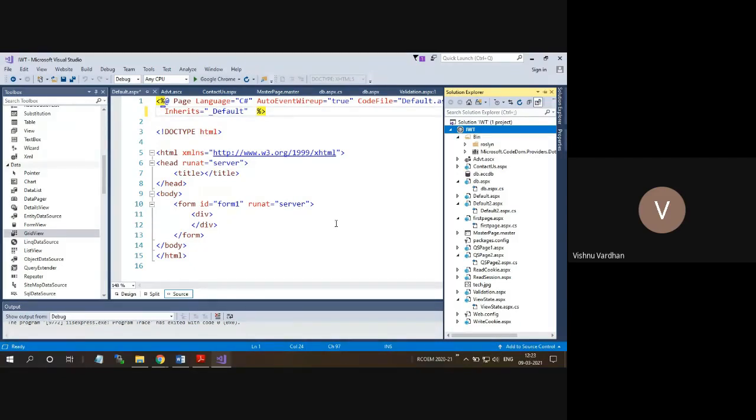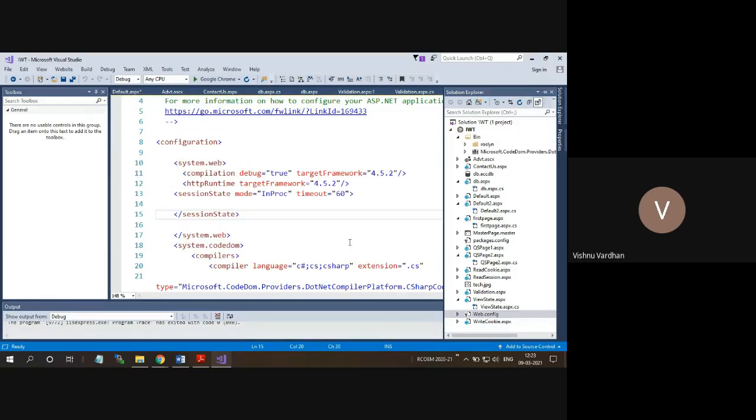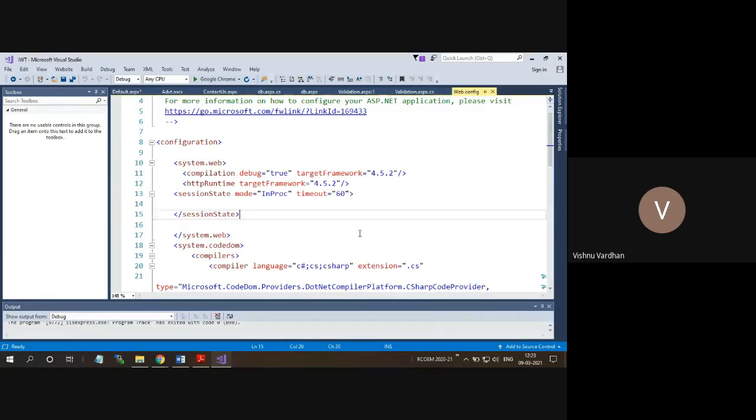Okay. Now across all the web pages, I want to have a common setting. Suppose I want to have a common setting for my database connection. So database connection is not going to be changed for each of the page. Okay. So it is unique, and it is going to be a single setting which can be applicable for all my web pages. Okay. So how to do that? So for that, we can provide the settings in the web.config file. So this is a configuration file.